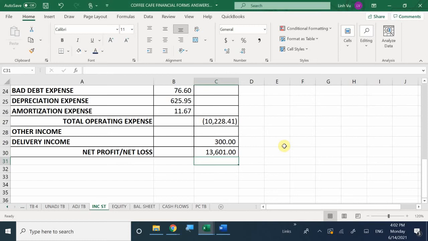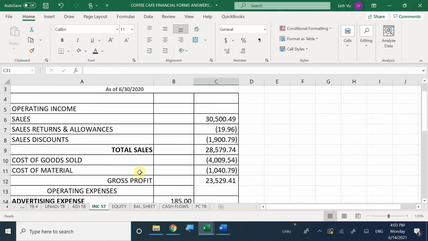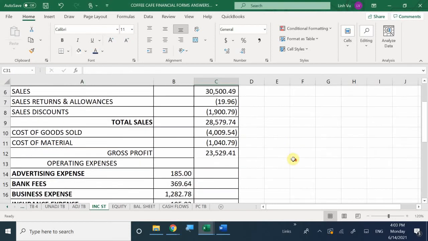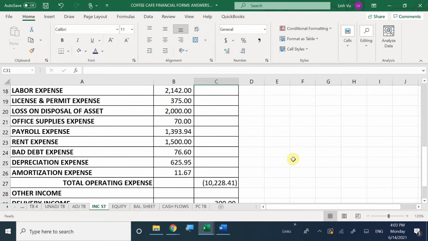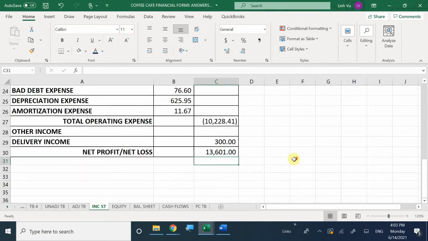So that's how we compute the very first one, right? We're testing profitability, which means we're going to take all of our revenues and counter them against all of our expenses. And that's all you have to do to test profitability. In this case, we have a positive number, meaning we had a profit. We made money. Then now we're going to move on to the next financial statement,